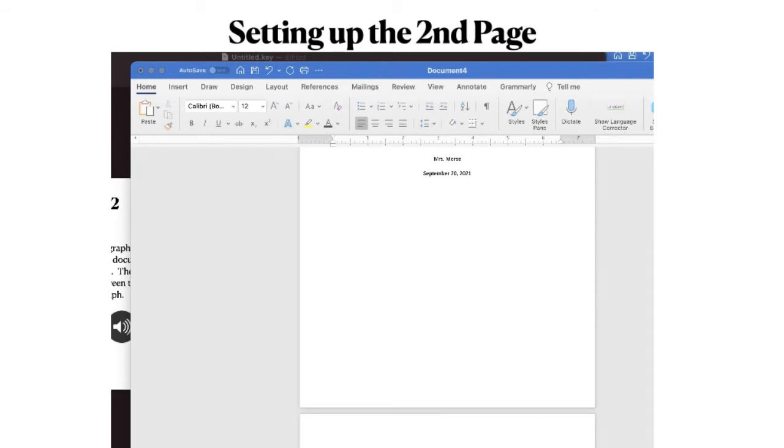On page 2, what you're going to do is start on your cover page and go all the way down to the very top of the second page. And then you're going to hit the center button and then the bold button and put your title bolded, centered. Then hit the enter button again